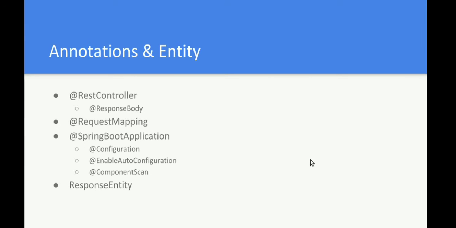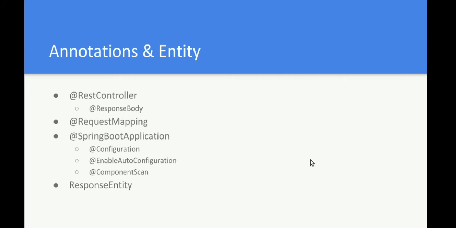So let's suppose you are not using this annotation and you want to implement a REST API. Then your controller class needs to be annotated with @Controller, and for the method that we implement, let's suppose getAccountName, which is returning a ResponseEntity, you need to annotate this method's return type with the @ResponseBody annotation.